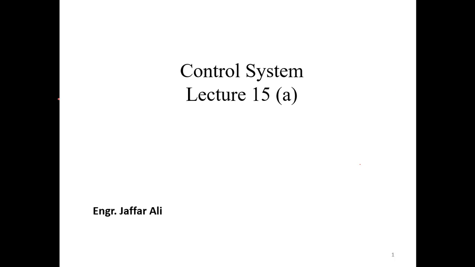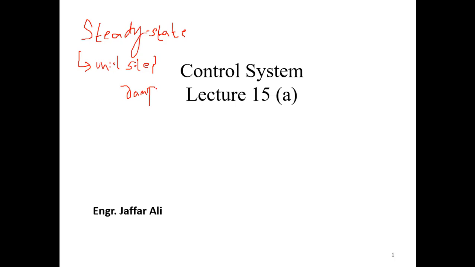In the last class we completed our chapter on steady state error, which we concluded last week. In that lecture we studied what steady state error is and how you can find it depending upon three different types of inputs. The first input was a unit step, the second was a unit ramp, and the third was parabolic. These three were the inputs that we discussed.